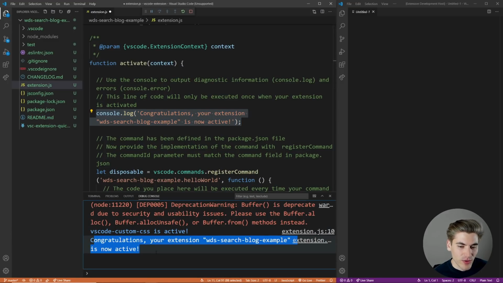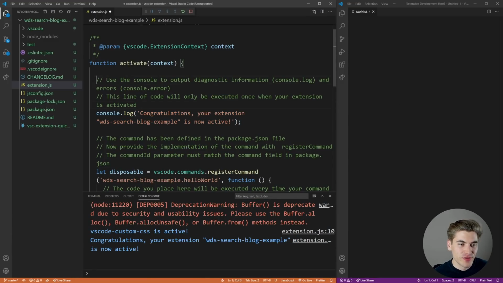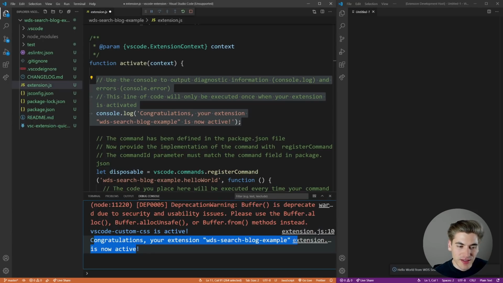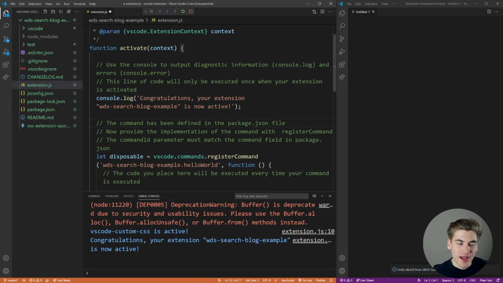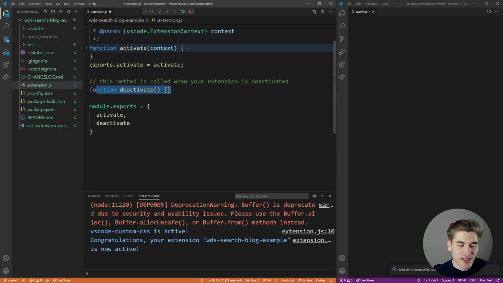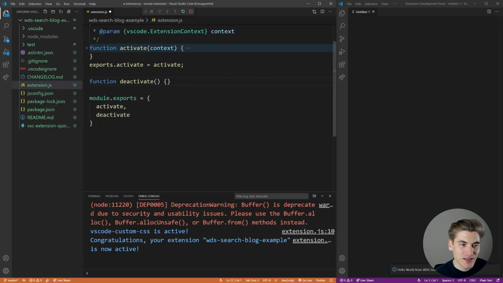And that's being printed out right here. So we can already see that this activate is only being run once, because if I run the command hello world over here again, you can see it says hello world in the browser, but it doesn't reprint this congratulations. So this activate is only run one time. Then if we minimize this, we also have this deactivate function, and this is pretty much the exact opposite of activate. It'd be like mount and unmount inside of React. This is just called to clean everything up if we have things that we need to clean up. For now, we don't really need this, but we still are returning it as an empty function.